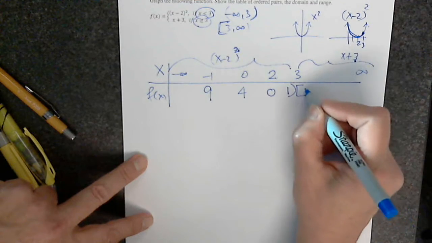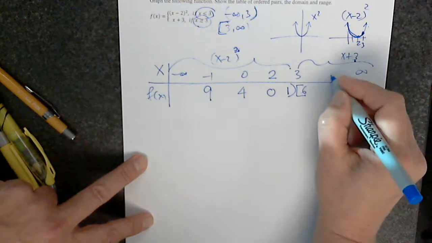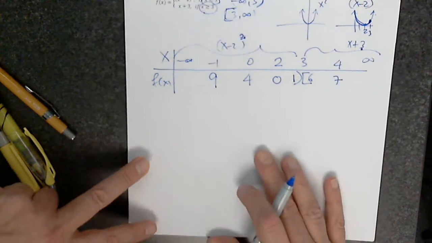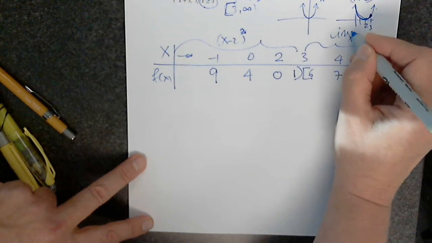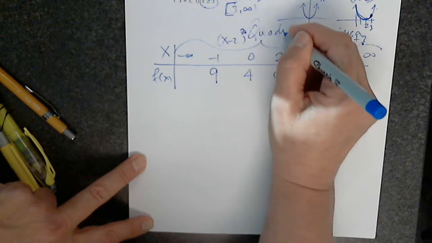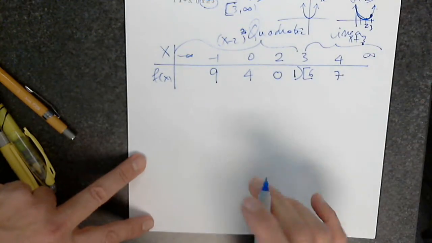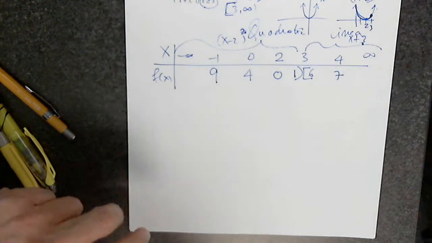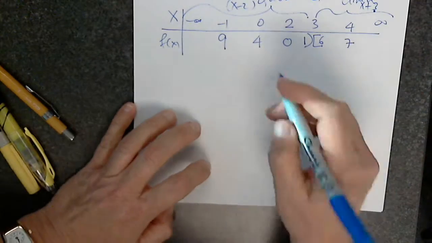Okay, and then on this side I have 3. 3 plus 3 is 6. And then 4, I have 7. I know that this is linear, this is quadratic. So I don't forget. Write it down if you know, we all forget, right? Okay. So then,